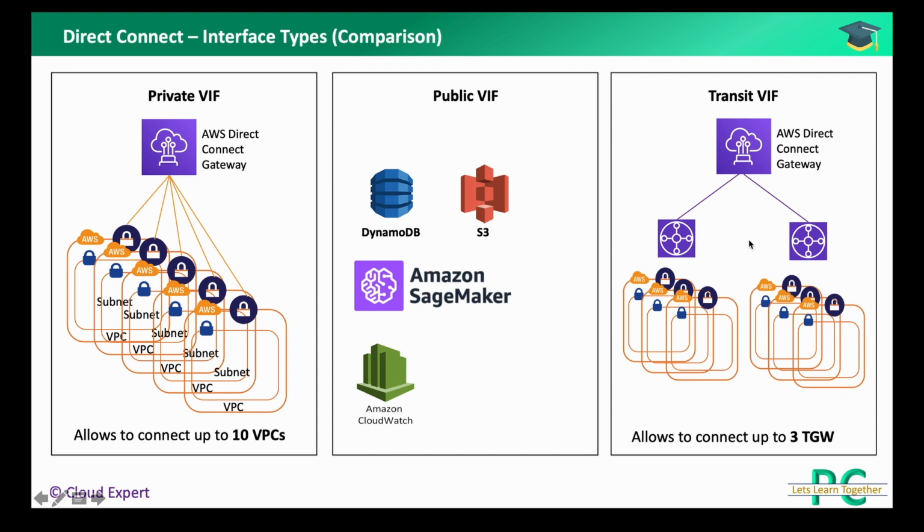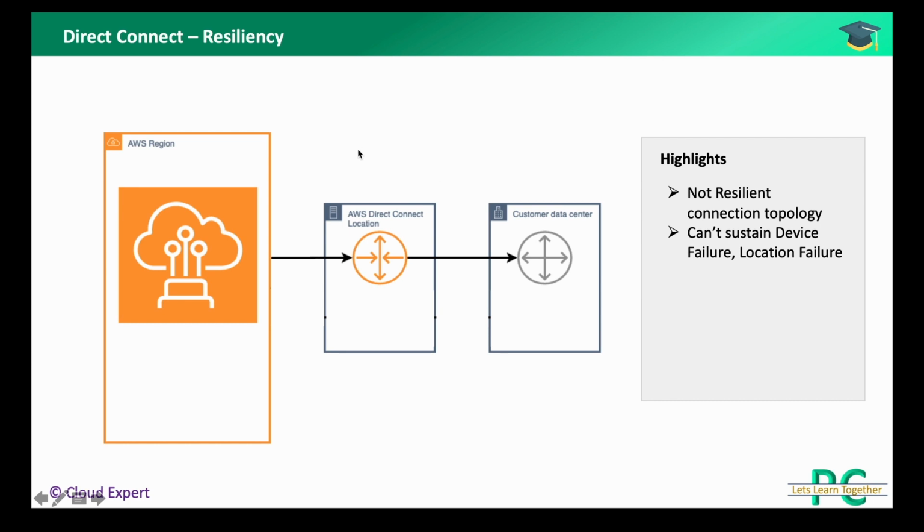But if you want more, you can create peering connections. So now, hope this diagram clarifies the doubt between different interface types available for Direct Connect. Now let's discuss the resiliency part. If you remember when I was showing you in the AWS console